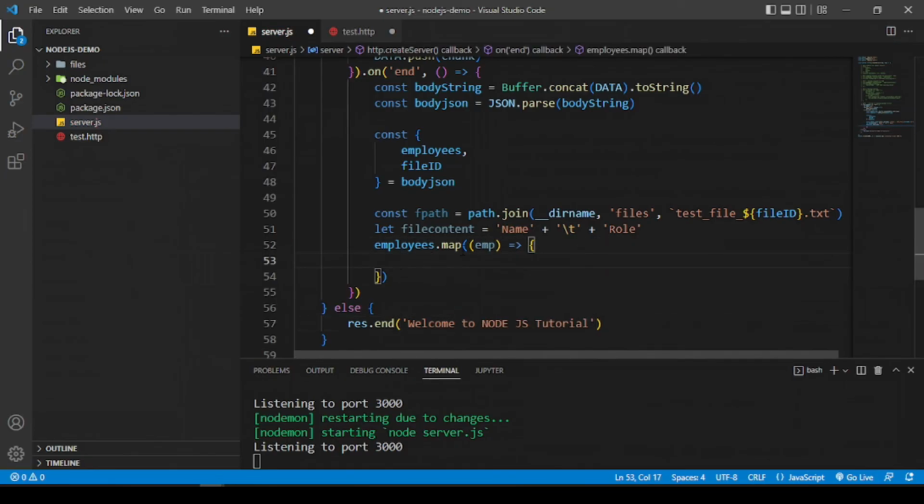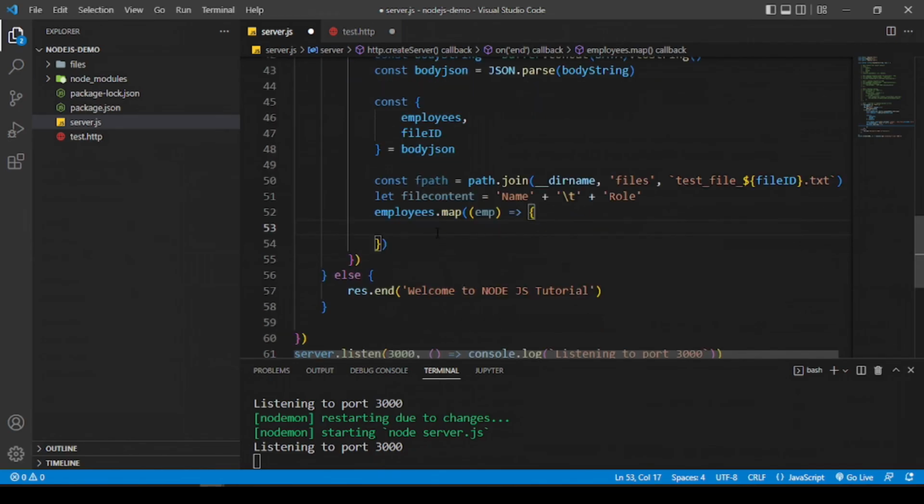So it will loop through and give me the employee information per loop. We want to concatenate whatever we received for the header first. So this is equal to this class, but this time as a new line, because the header part is over and now the body part of my file content will be coming. So it will be a new line. And then what? Then we need